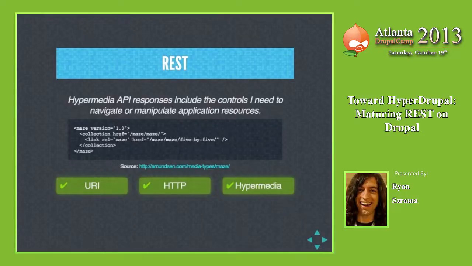Typically, we're just serving up dumb JSON. I think that's probably the standard for people that are using services or writing REST APIs. It's just straight up JSON, and you just kind of have to know what's in that JSON document that's returned, or maybe it's XML, and you just kind of have to know what's in there. But with hypermedia, you actually have the ability to embed the data with information about the data, and then even more metadata that says how to use the information about the data. All of that metadata comes along with the actual data itself for you to drive the application state remotely with follow-on API requests.